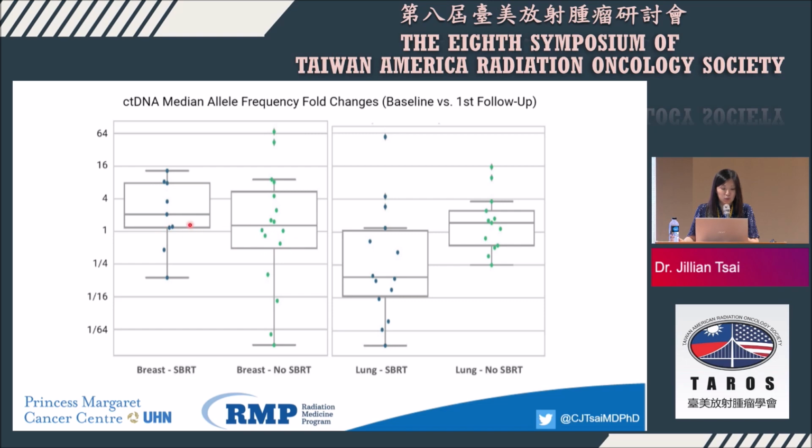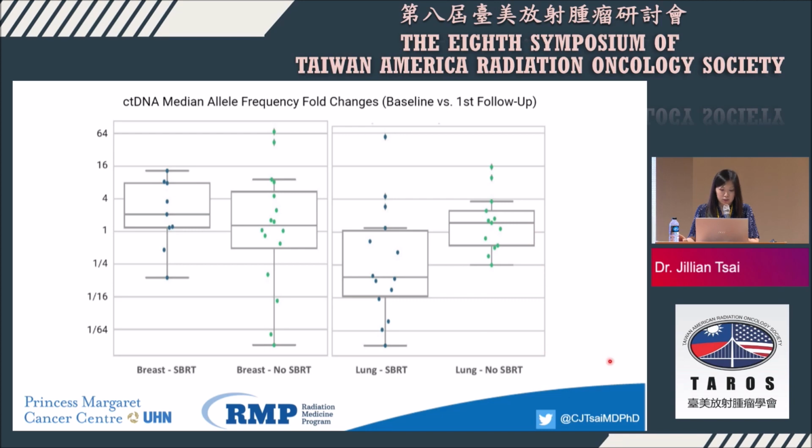So you can see that for most patients, regardless of SBRT, there's no change in their mutational pattern because they're still growing new disease. And even if we SBRT the so-called oligoprogression, it doesn't matter because new disease keeps popping up and they continue to generate tumors. Whereas in the lung group, when they had SBRT, the mutational tumor burden decreased post-treatment, compared to the no SBRT group, who continue to progress.